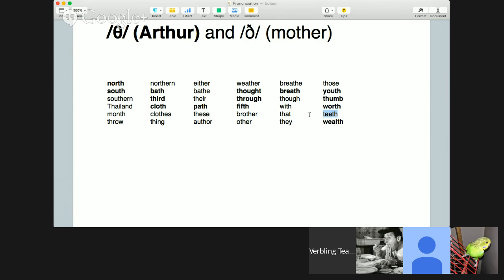Is it teeth or that? Oh no, we can't go to that. With. Teeth or teeth. With? Yeah. Teeth. Super duper. Okay, so can you see how we did north, south, bath, third, cloth, path, fifth, through,